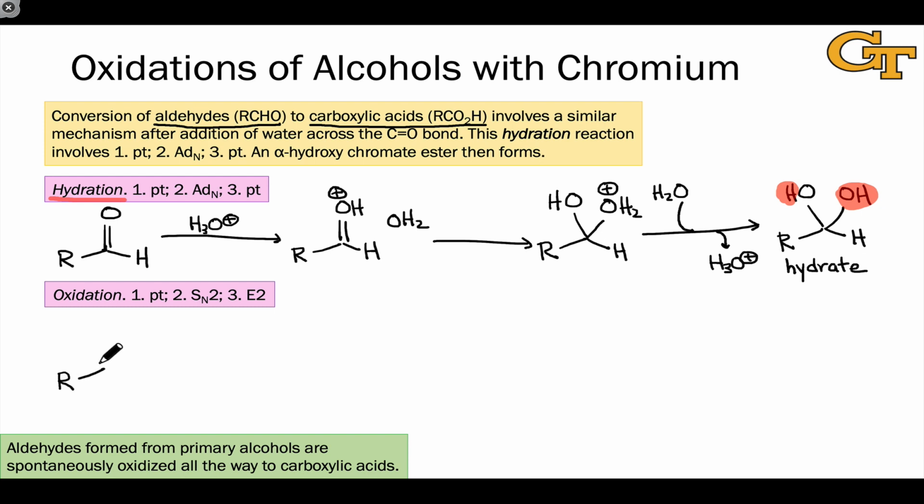The actual oxidation of the hydrate now proceeds very similarly to what we saw for the oxidation of an alcohol. After all, the hydrate looks a lot like an alcohol, right? If we can eliminate this H and this H from the hydrate, where we would end up is a carboxylic acid. So I'm going to go ahead and draw that over here just to emphasize this point, that the carboxylic acid relative to the hydrate is just missing the H linked to one of the oxygens